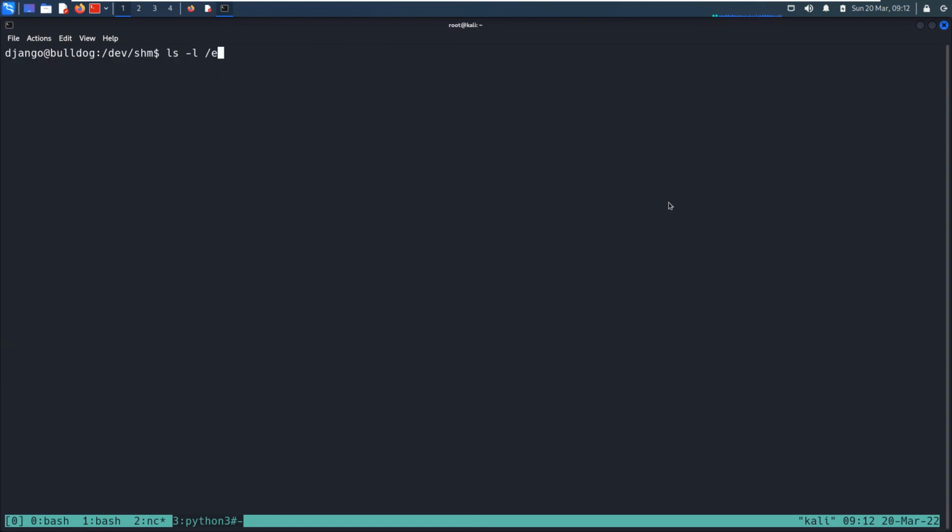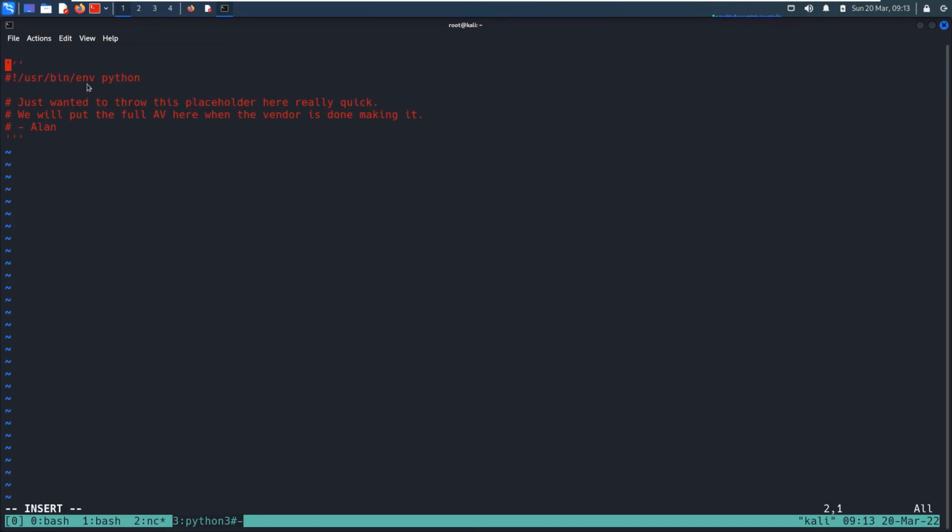So right now the /etc/passwd file is not writable or executable by everyone. In this privilege escalation, we are going to make this file world writable and executable, and by this we can inject our malicious admin user into it. So for this, it's going to be chmod 777 /etc/passwd,